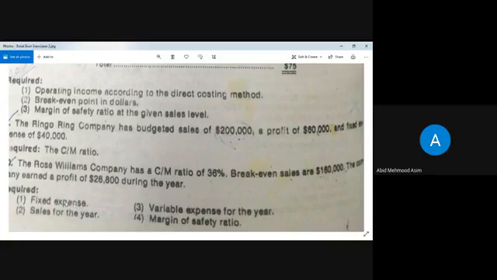So you have to first calculate the fixed expense, and you can calculate it by applying the break-even sales formula. What is the break-even sales formula? Break-even sales are equal to fixed expense over contribution margin ratio. Here, break-even sales are already given to you and the CM ratio is also already given to you. In this formula, you have just the fixed expense that you can't calculate. It is not provided, and you have to calculate it in this requirement.